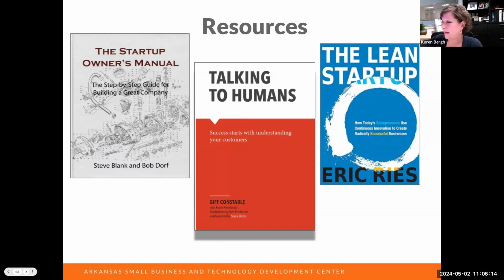And then finally, and it can't be understated how important Eric Ries has been to the Lean Startup movement. The Lean Startup book was written probably 2010, 2011, something like that. And he is the person who really is credited with the idea of continuous improvement, and these lean principles.